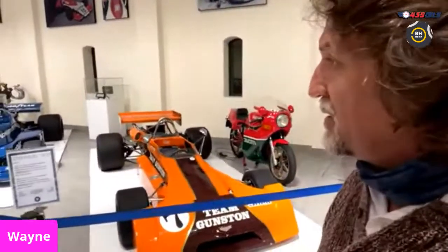But again, this is why we collect what we do. We try and get as much of the South African heritage in here as possible. Now, I'm going to show you one motorcycle before I leave here, which is a unique South African piece as well. But yeah, so this here, let's just start right here. This is the